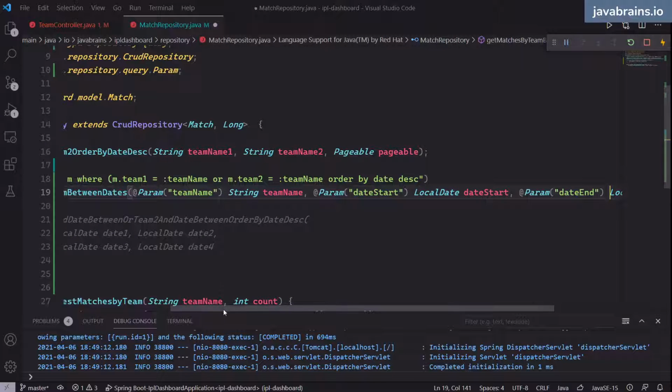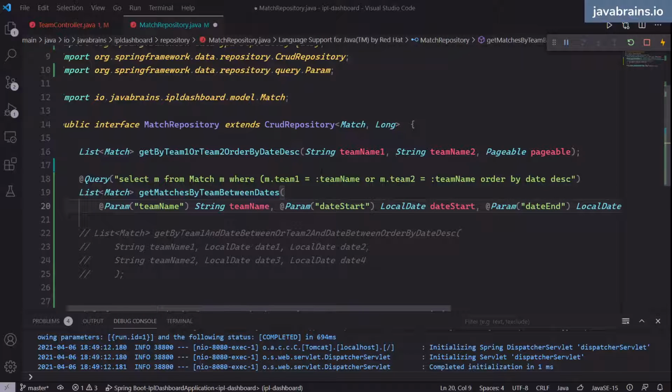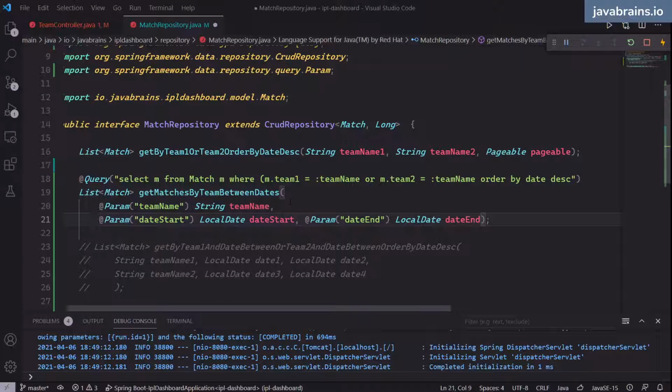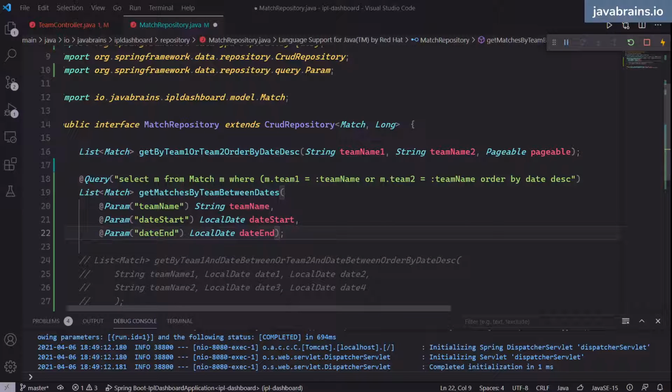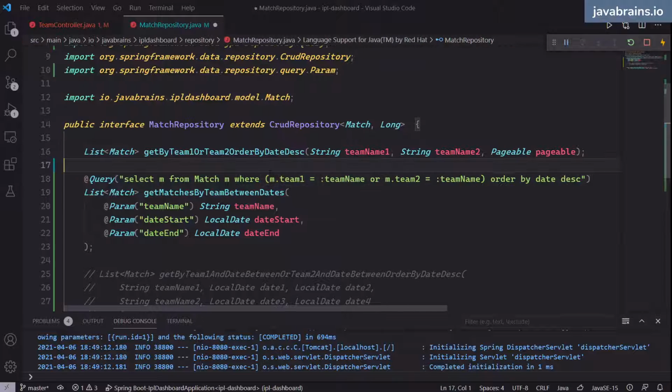Okay, and then let me make this a little bit nicer to read. All right, so I'm going to have team name, param date start, param date end, right? 3 parameters. This is my method. Okay, so here, what I'm going to do is, I'm not just going to get this, right? I'm going to, of course, close parentheses over here. So where team 1 equals team name or team 2 equals team name is